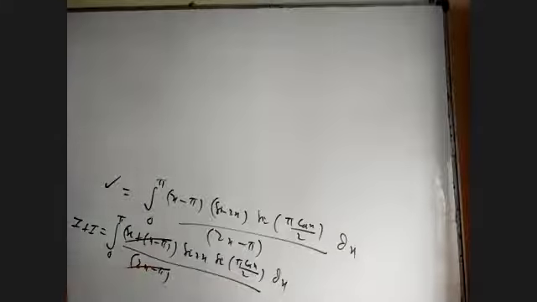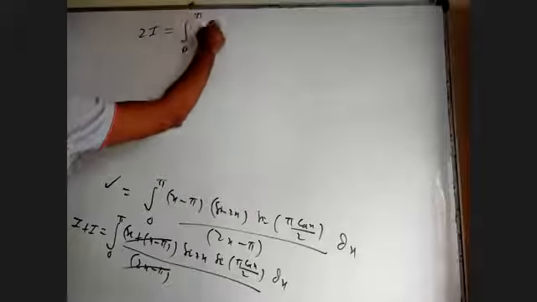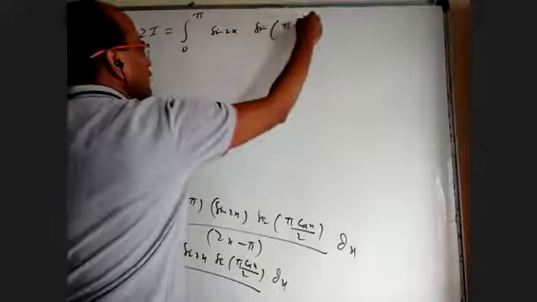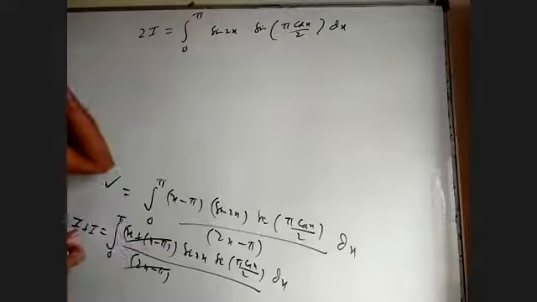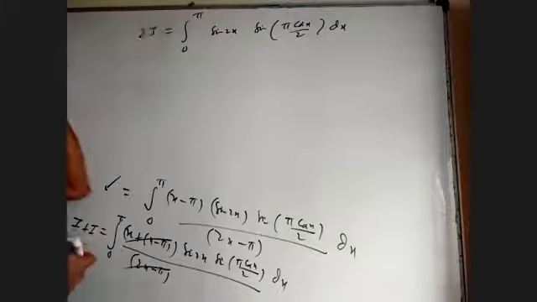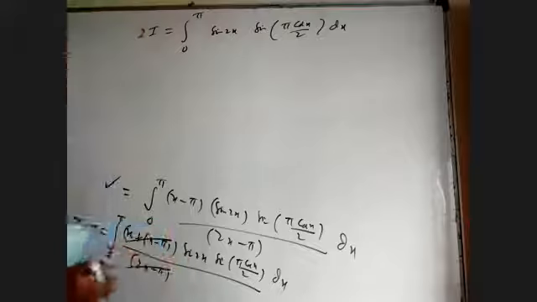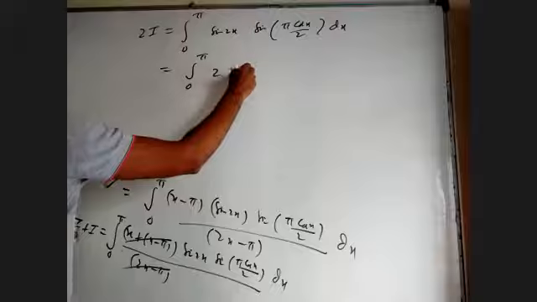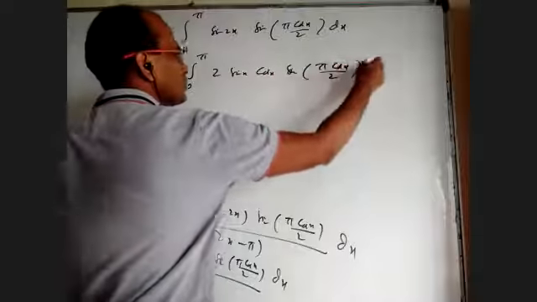Now what to do with this, to see how to integrate anyway. 2I equal to integral 0 to pi sine 2x sine of pi cos x by 2. Now if I replace x with pi minus x, no change. I can write 2 times 0 to pi by 2, but will it matter in any way? How to take this as t, outside derivative is available? Yes. So I'm going to write 0 to pi 2 sin x cos x into sine pi cos x by 2 dx.